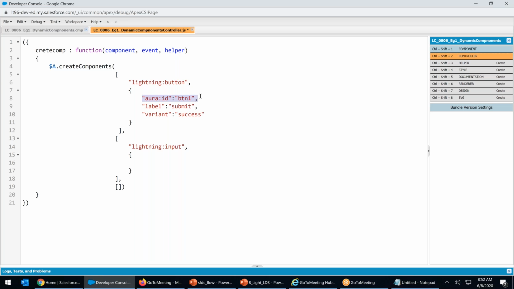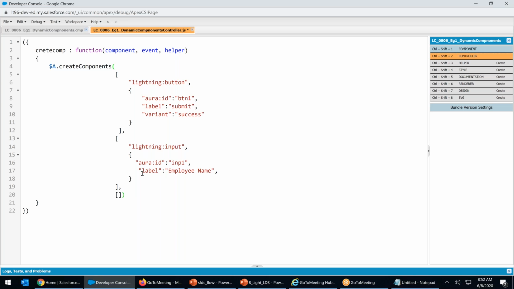As usual, I'll copy the aura:id. Lightning input also has a label, so I'm copying it from here. Aura ID equals to what? inp1. Label equals to what? Employee name.